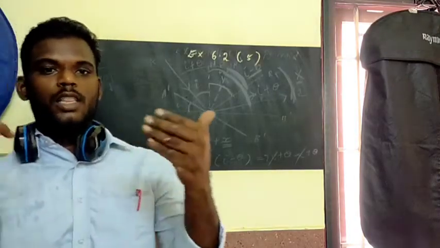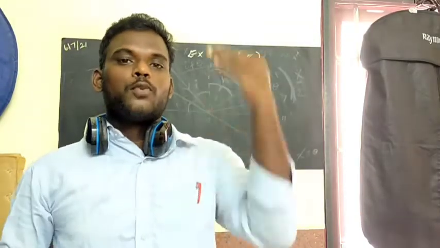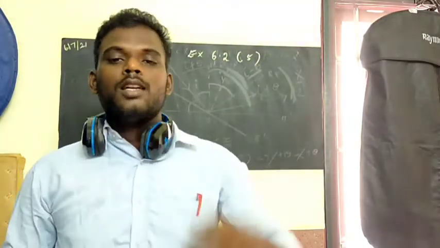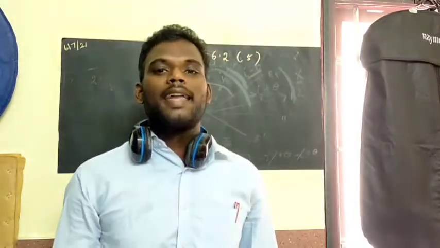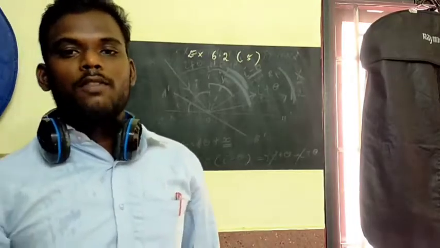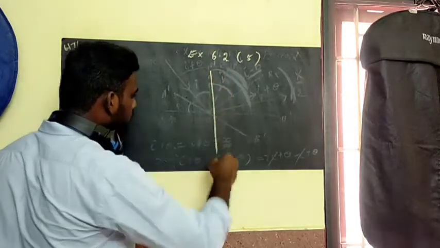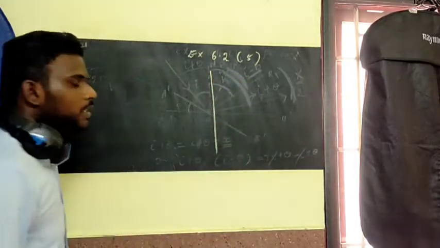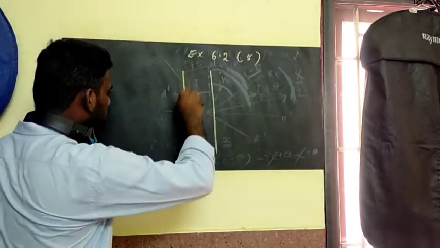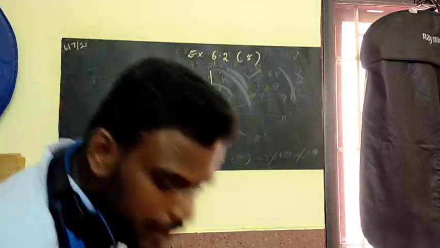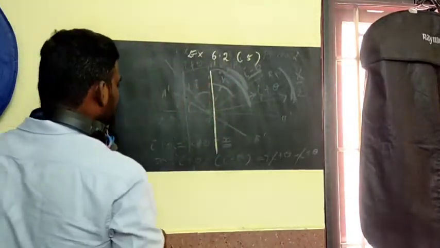So please understand this one. We are standing in front of a plane mirror. If you want to see the full size of the image of an object, what will be the minimum height of the mirror? The question is, what will be the minimum height of the mirror? So I can take this as a mirror. Is that clear? And we have a person. Or else I can give them different colors. So we have the person.